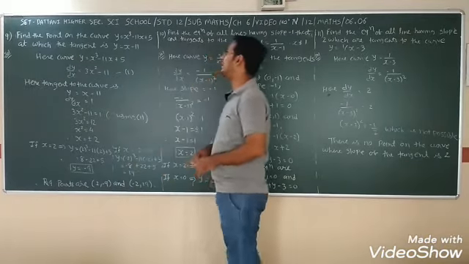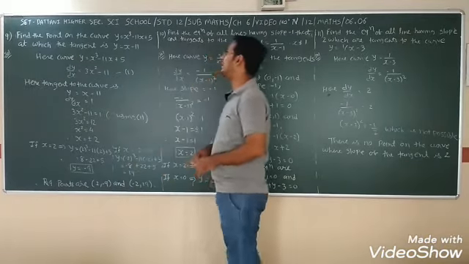So we get the required points. If x is equal to 2, then put here 2 cube minus 11 into 2 plus 5. 2 cube is 8, 11 into 2 is 22. 8 plus 5 is 13, minus 22 is minus 9. So the first point we get is (2, -9).